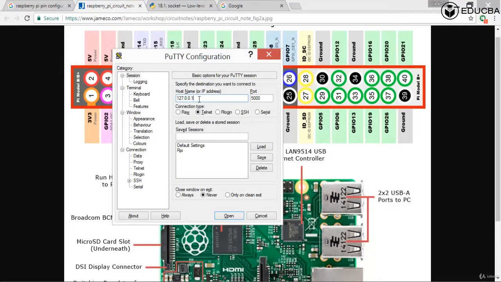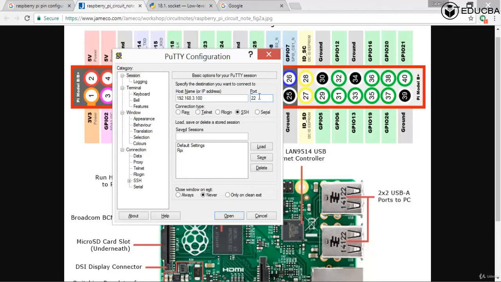In PuTTY, I need to write here what is the IP address that I need to ping. Let me say I want to ping 192.168.3.100. This is the IP address that I want to talk to. Now I just need to say SSH. SSH is generally on port number 22 or 23. Let's try 22 and then we'll try 23.